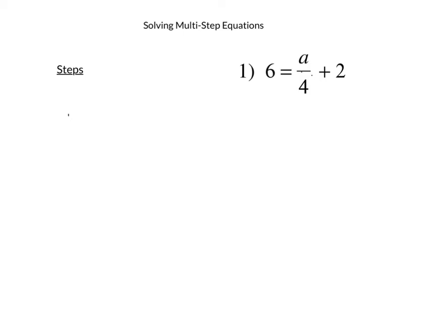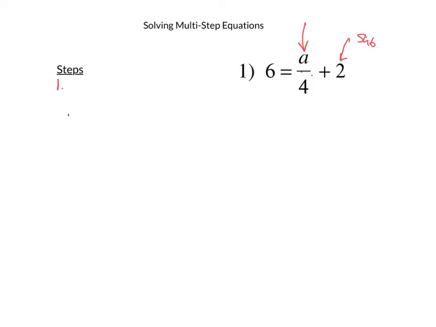Okay, everybody, now we're going to learn how to solve multi-step equations. And because we have to do multiple things, I am going to write the steps as we do them. So the first thing we know to do is to isolate the variable term on one side of the equal sign by itself. So because 2 is positive,